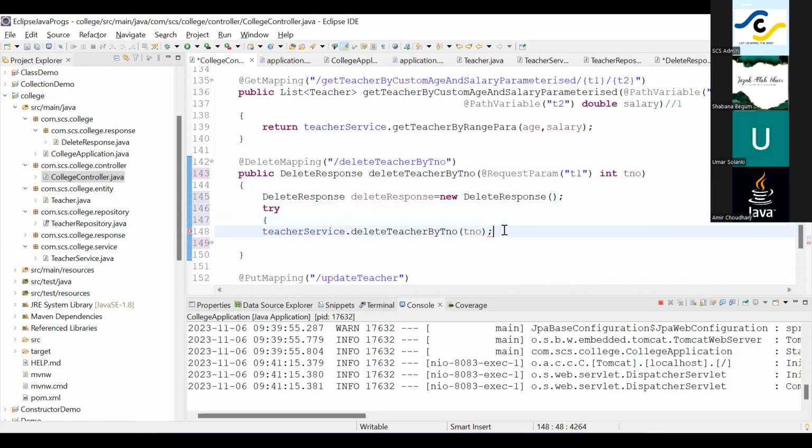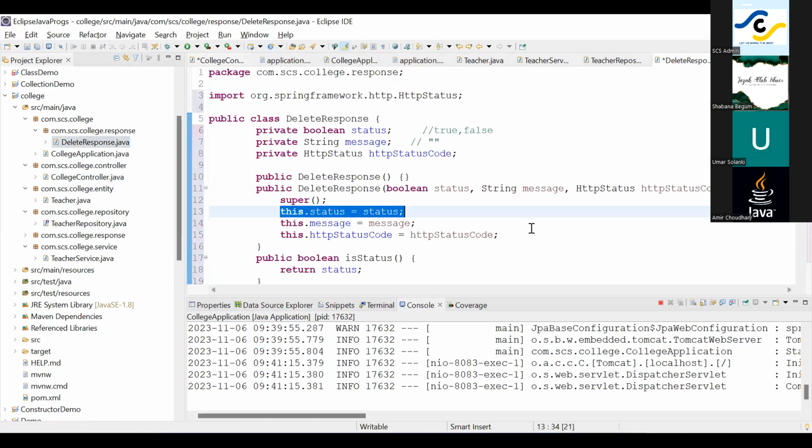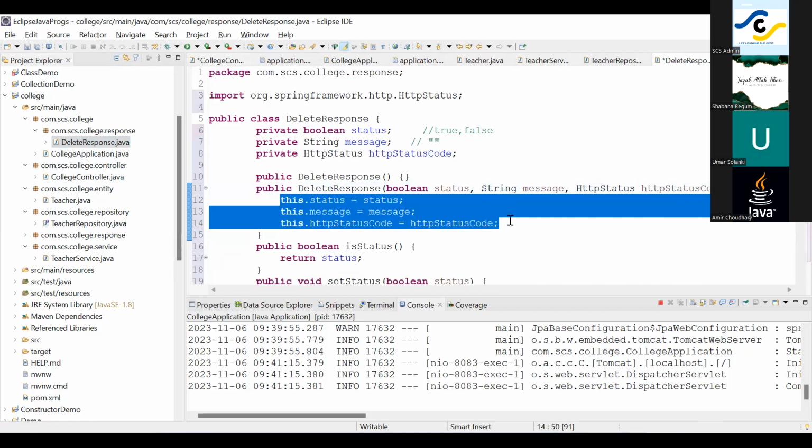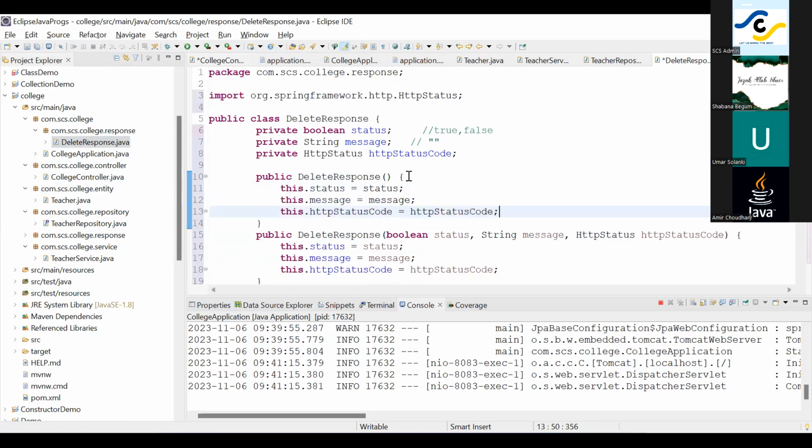So if everything goes as per plan and there are no exceptions, instead of using the parameterized constructor, we can use the default constructor to initialize this variable. So we can set the default values. There is no super, remove the super. By default, I will say that it is unsuccessful: status as false, message as record not deleted, and the HTTP status code we can say